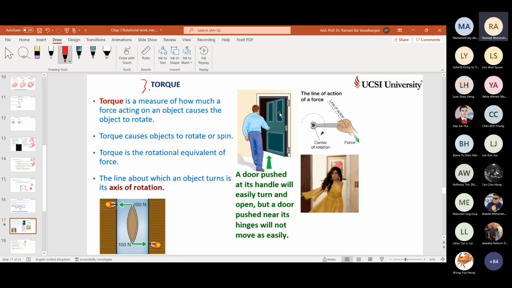What is he doing? Opening the door. He's applying a force at this point, opening a door. And this lady is also opening the door by applying a force at the end, right? Can you answer me why the knob of the door is always at the end? Can you answer me quickly? You're answering for inertia. The further the force is exerted from the fulcrum, the lesser the force needed. Yeah, the effort or energy needed to open. If it is at the middle, you have to push hard, isn't it? That is one of the examples of inertia as well, right? The material is far, the material is near.